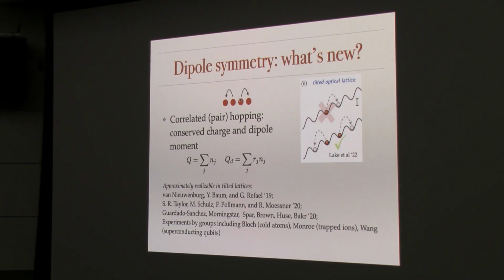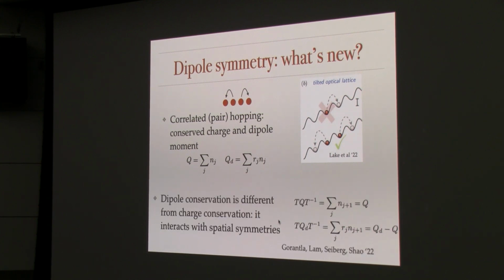Well, basically you get it in systems where a particle can't move by itself, but you have these correlated hopping things, right? And so that's exactly what happens in these tilted lattices, that if you move a particle by itself, suddenly it has a very different energy, right? So that's very far off resonance. But if you move them together, this one goes up and this one goes down, and so that's not suppressed. And so when you only have this correlated hopping, not only the total charge, but in fact, at least naively, the total dipole moment is conserved.